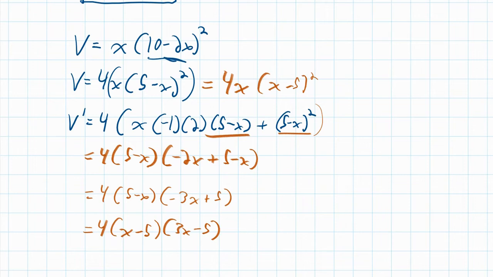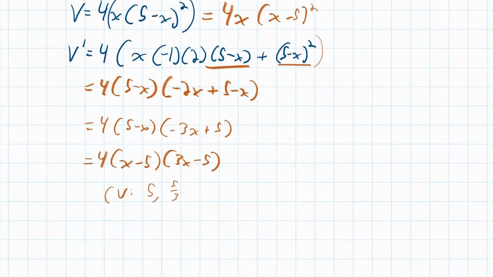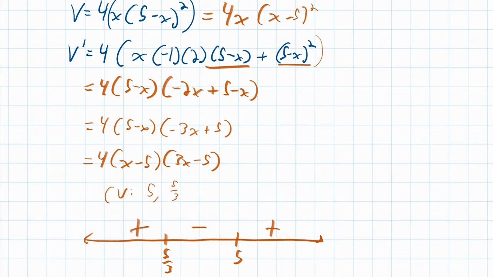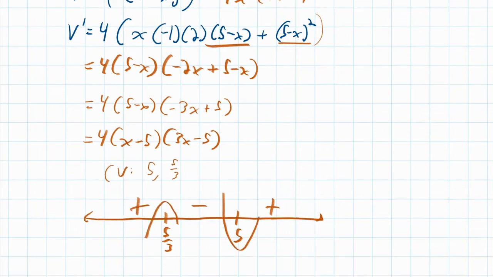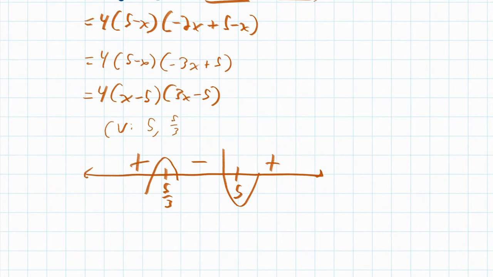So continuing on, I know that I have critical values at 5 and 5/3. And since I have critical values at 5 and 5/3, then we're just going to do a first derivative test because this is already kind of set up to be that way. 5/3 and 5: positive, negative, positive. This positive to negative is like this, negative to positive is like that. The question is asking me to maximize. So I know that we have a max at x equals